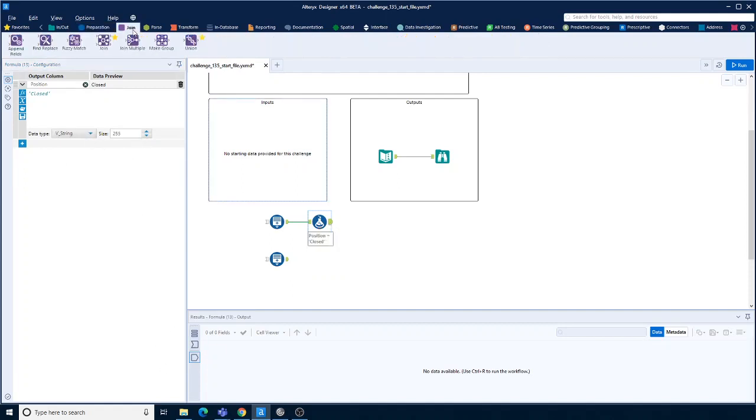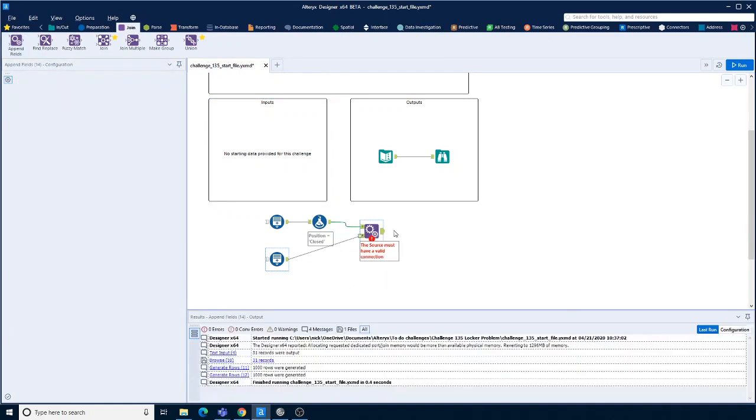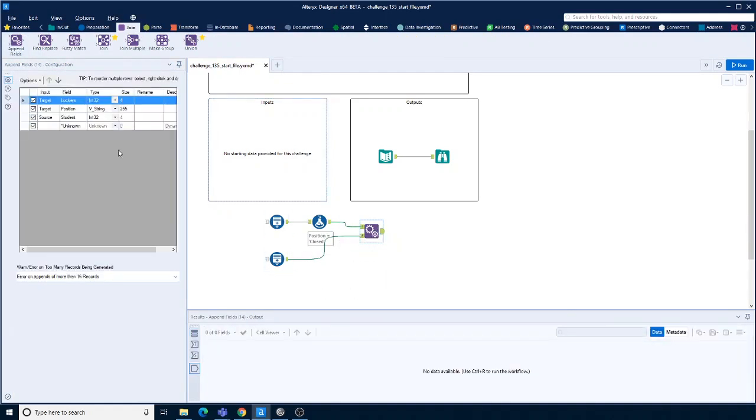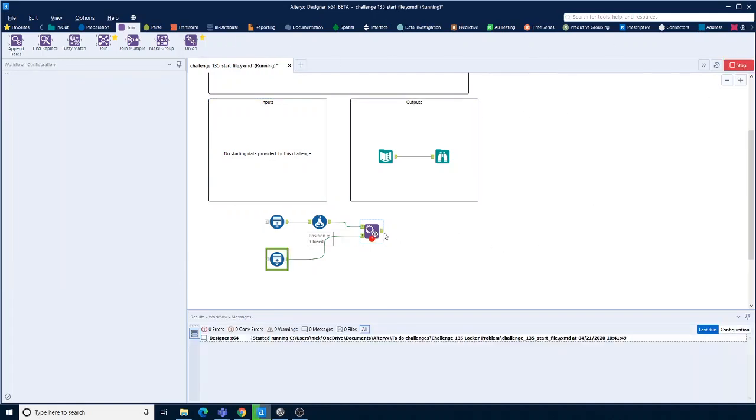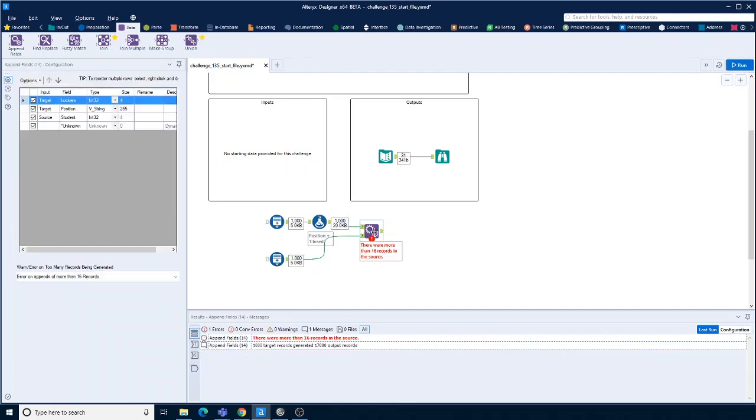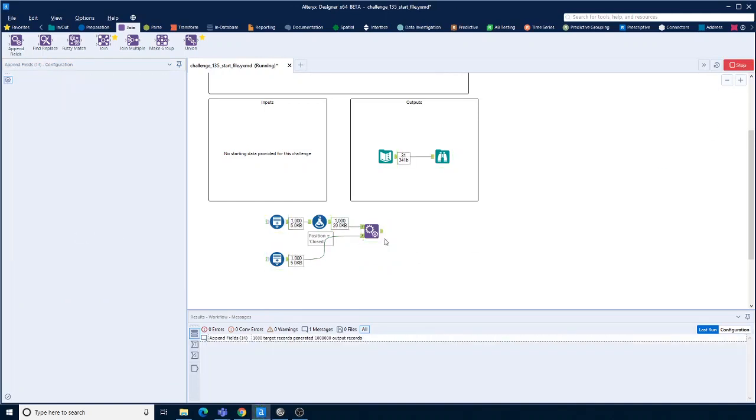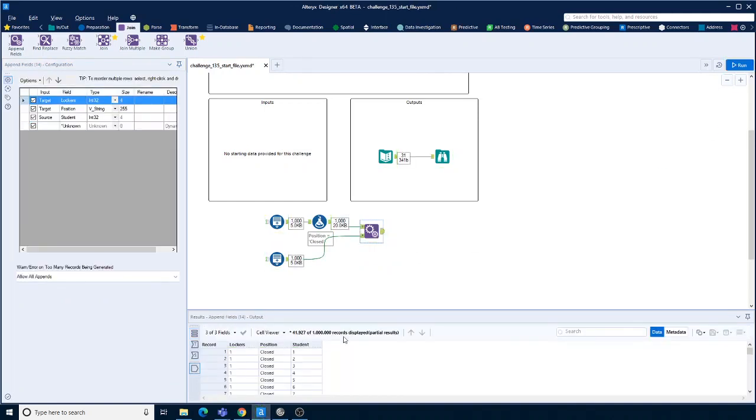Okay, now we want to bring these two together. So that will give us 1,000 times 1,000 if we append them together. So if we run that, that will give us all the combinations. Oh, I forgot to change this record. It's important to allow all records to append, and that will then give us 1,000,000 rows, and it will start like this. So we then have lockers and student in that order, which is the order we want, I think,